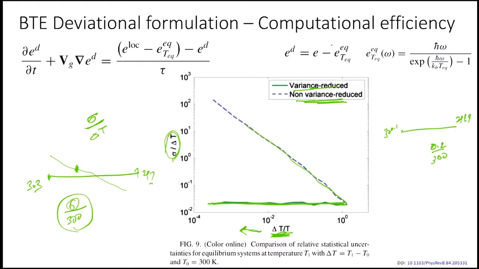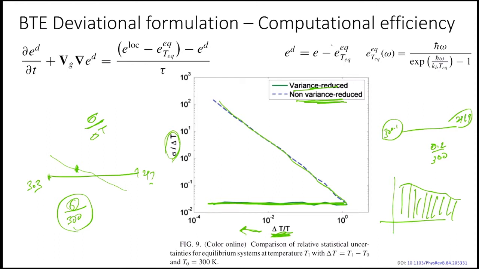As delta T over T reduces, if the overall system temperature is, let's say, about to reach some final solution, and the average temperature is also quite close to it, you are sampling for this small difference. You are sampling this entire domain, which is not going to be useful. So your error would keep piling up.